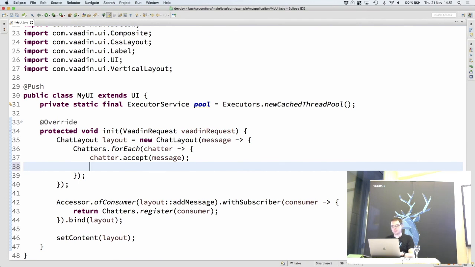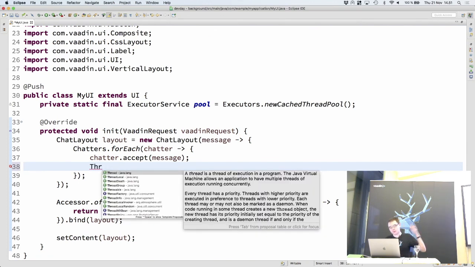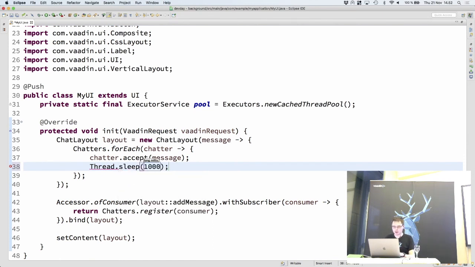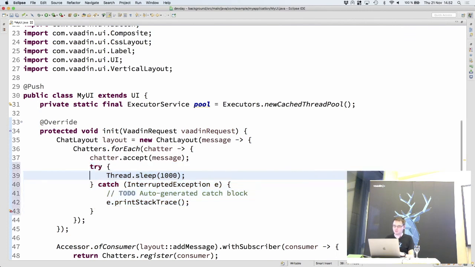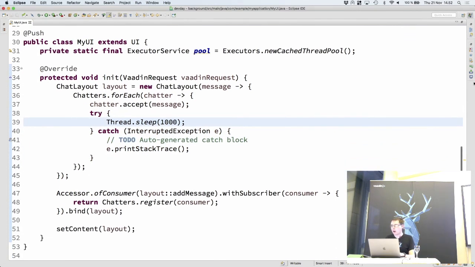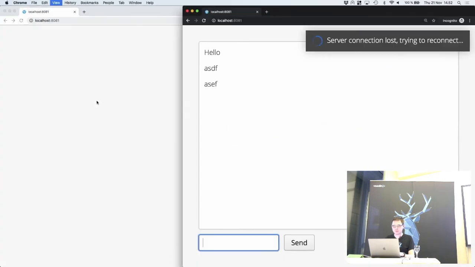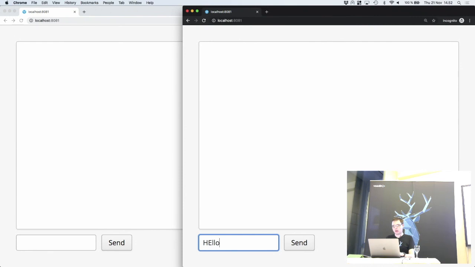I will emulate this by doing here for each chatter. Let's pretend it's lots of chatters. So we will just sleep a while here. And again, good old catch and ignore pattern. What we see when I redeploy this thing is I say hello, and in one of the browsers it's updated immediately,